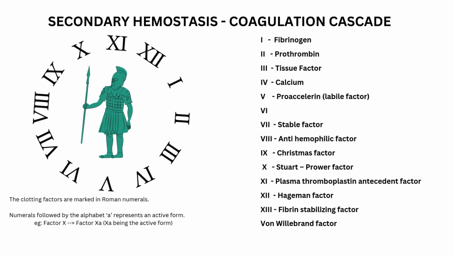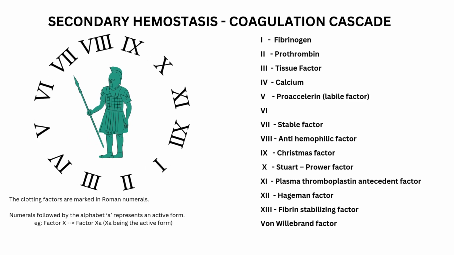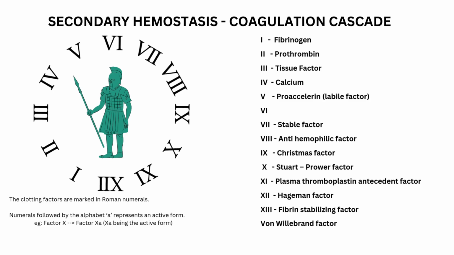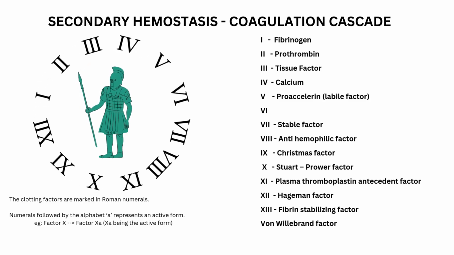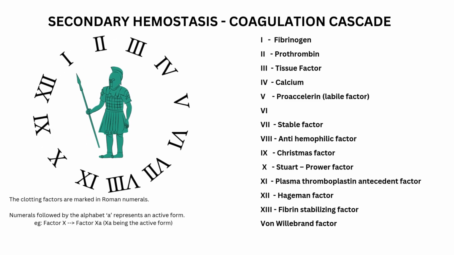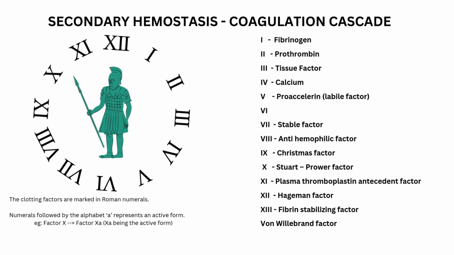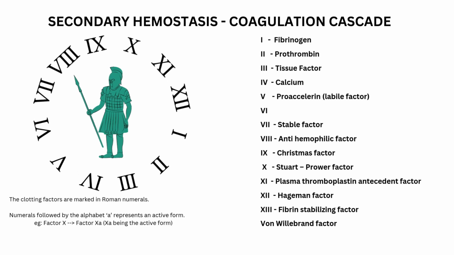Secondary hemostasis is via the coagulation cascade that has 13 known coagulation factors. Factor 1 is fibrinogen, factor 2 prothrombin, factor 3 tissue factor, factor 4 is calcium, factor 5 is proaccelerin or else the labile factor, factor 6 is unknown, factor 7 is the stable factor, factor 8 is antihemophilic factor, factor